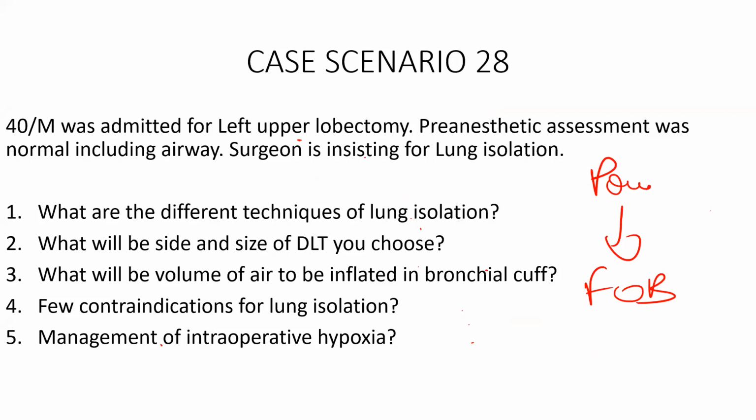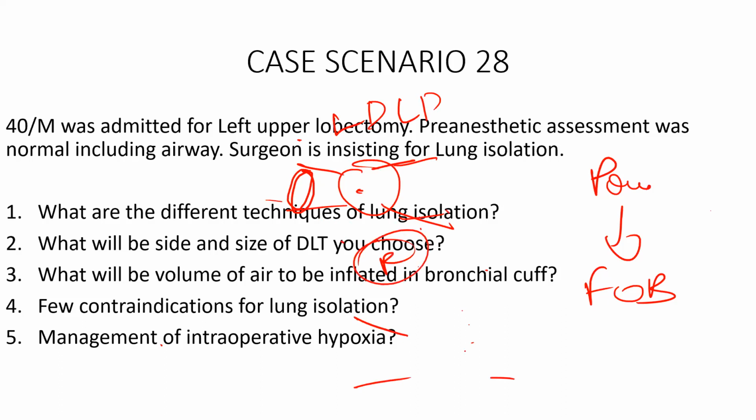When you put the fiber optic bronchoscope into the patient's trachea, this is the carina, this is the right bronchus, and this is the left bronchus. You have to visualize the bronchial cuff just inside the left main bronchus. This is an ideal view for a left-sided DLT. When you're putting a right-sided DLT, the cuff can be accepted to come into the carina like this. Even if it is not inside the bronchial lumen, if it is just close to the carina, it is acceptable in a patient with right-sided DLT. Whereas in a left-sided DLT, it has to be completely inside the bronchial lumen. That is the only way you can confirm the proper position. Clinically, it is completely useless.